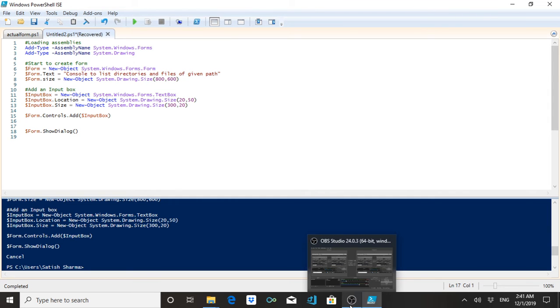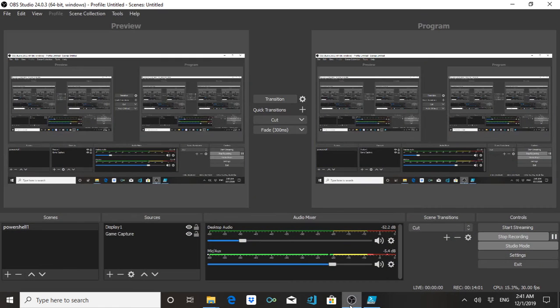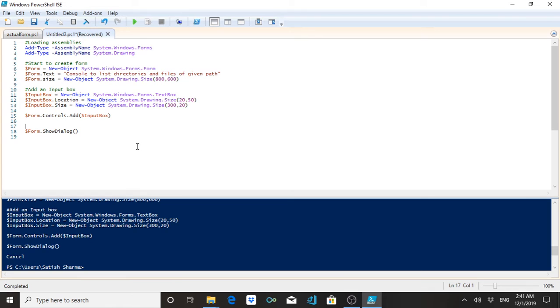Let me see whether this is working or not. Yeah, so let's add a label to the input box. Okay, so what you have to do is,